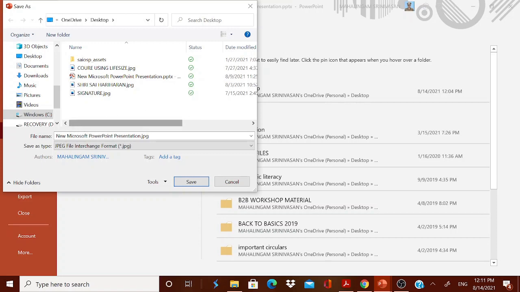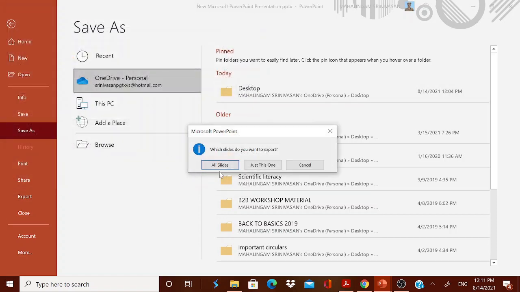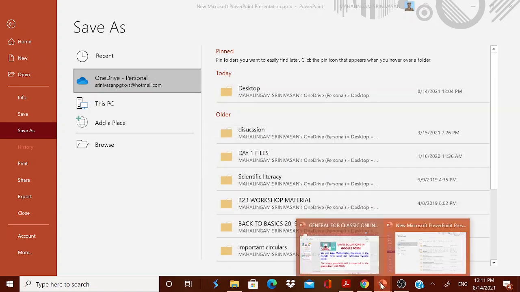Now very simple. Suppose this is the question number 1, then I will take it as question number 1, Q1. Then I will click this save. Immediately it will ask whether you want to save only all the slide or just this one. For example, the first slide can be saved as a JPG image in Q1, JPG image Q2 for the second one. Like that, automatically all the slides can be saved as individual JPG image. It is one way of doing it. Now already I have discussed it.